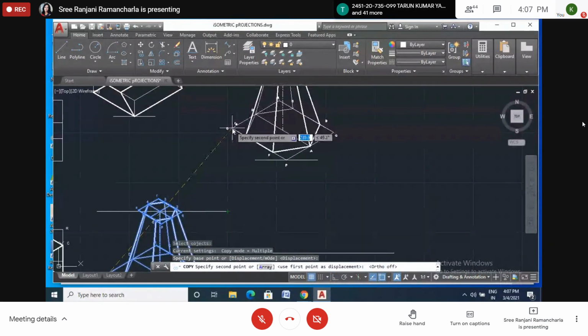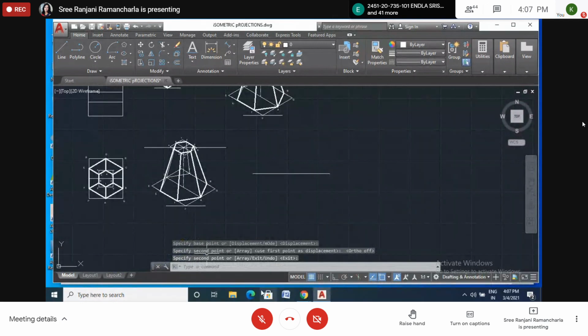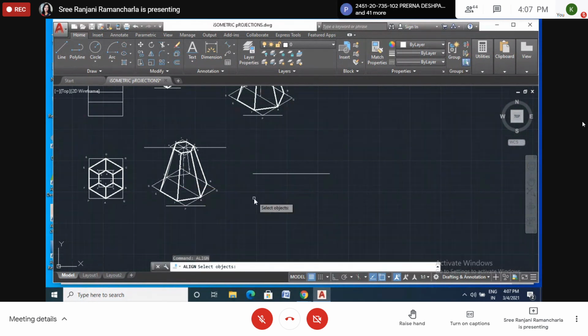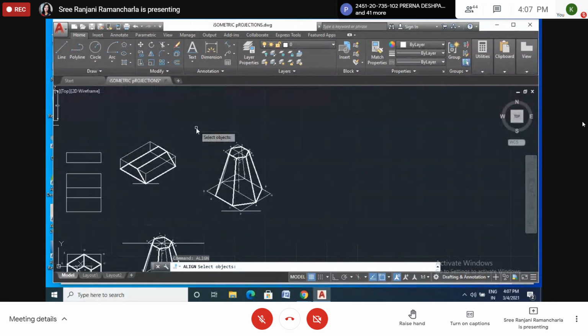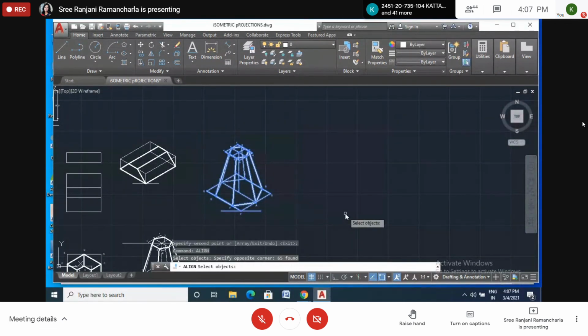Somewhere I will copy here. Okay. Now, align command. Align. Select objects. I want to select this way. Enter.